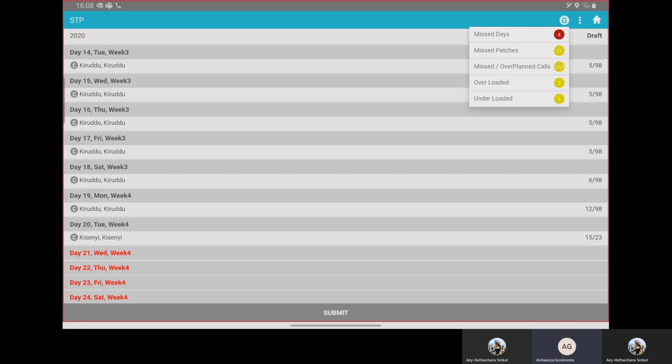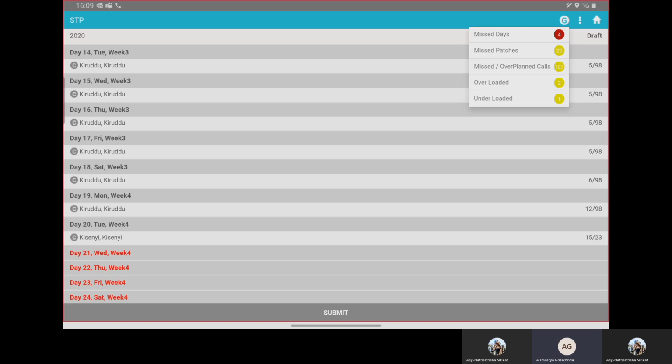Suppose Dr. A has visit frequency 3 and you have only planned that doctor 2 times, that is on day 1 and day 10. So you have not planned the doctor for the third time. In that case, this will show as red in color, missed call. So you have to make sure all the doctors are covered as per the visit frequency.